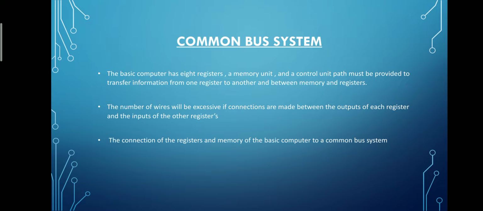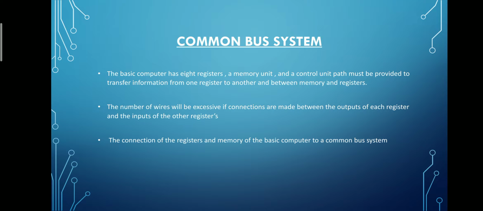Common bus system: basically there are a total of 8 registers, a memory unit and a control unit, and there is a path where the information should go. One register is connected to another register and memory is connected to another register. This path is called the common bus. There will be n number of wires connected to outputs of other registers and inputs to other registers. There are many connections of registers and memories of the basic computer to a